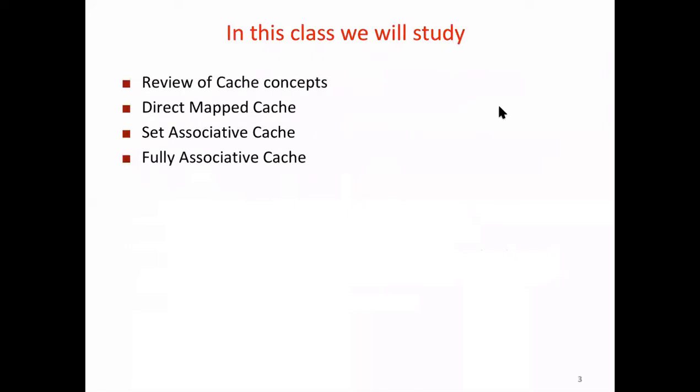Okay, so today we'll cover the following. We'll review what we have done in the last class, the basic cache concepts, and then we'll look at three types of cache, which is direct map cache, set associative cache, and fully associative cache. And next class we'll go more into details and look at the performance of these caches and some of the design aspects. Again, I'm telling you guys that please feel free to ask me questions whenever there is a difficulty in understanding.